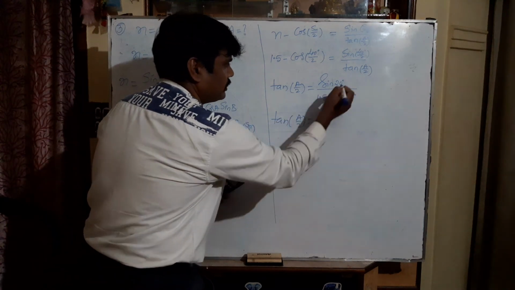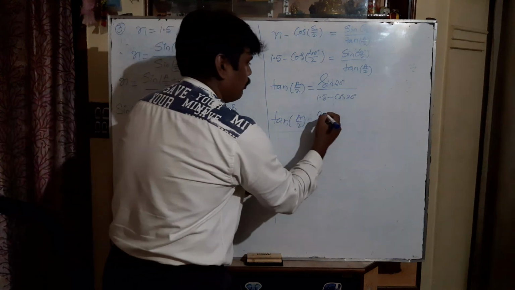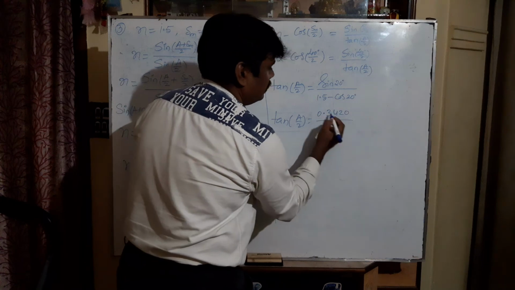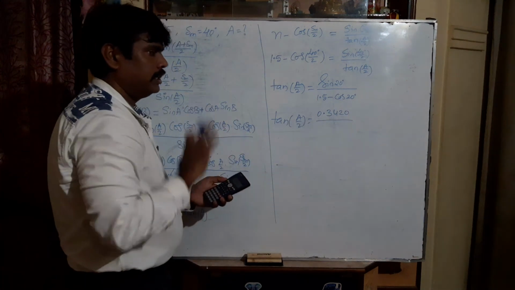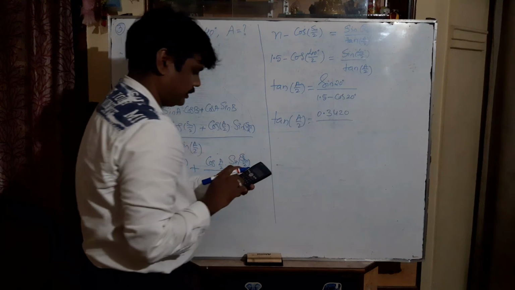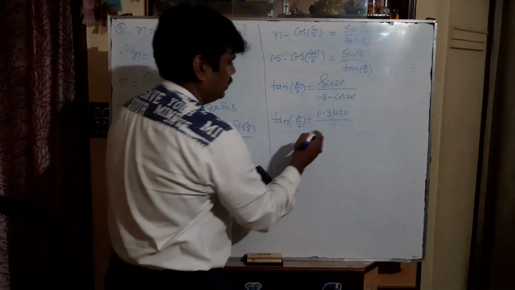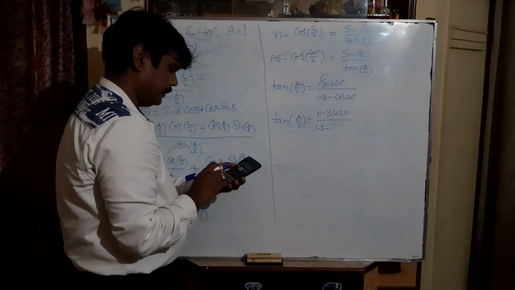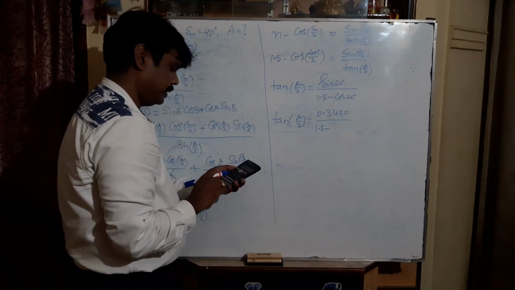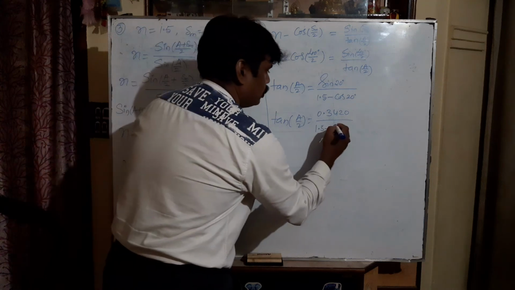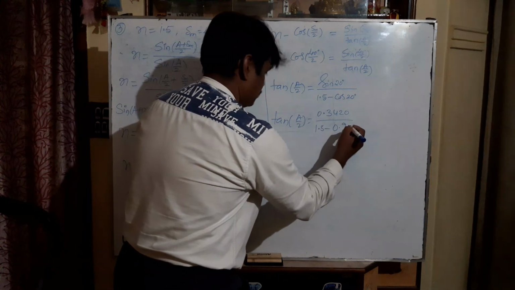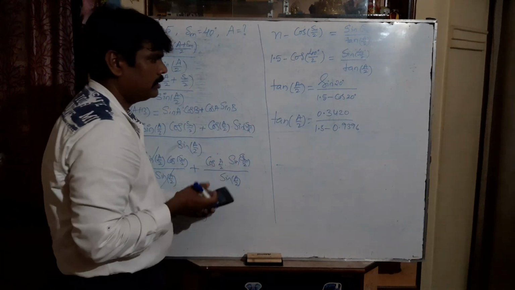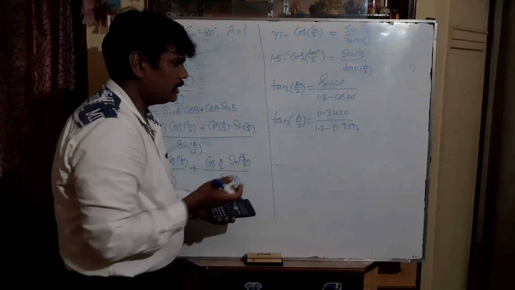I am writing the values of sin 20 degree. Sin 20 degree is 0.3420. After the decimal, you have to write only 4 significant figures. See, 4 numbers you have to write. Whole divided by 1.5 minus, I want cos 20 degree. So cos 20 degree is 0.9396. Now the rest of the thing is you can use the calculator and simplify this term.